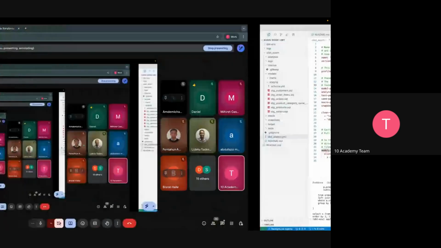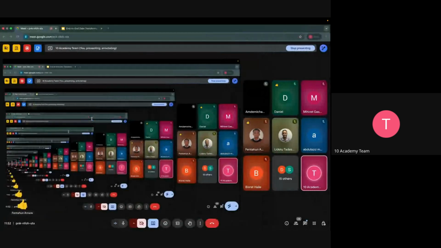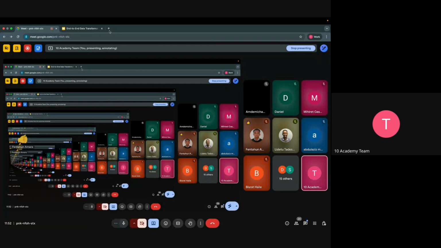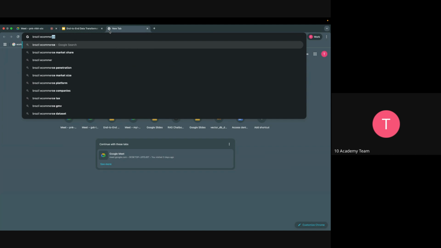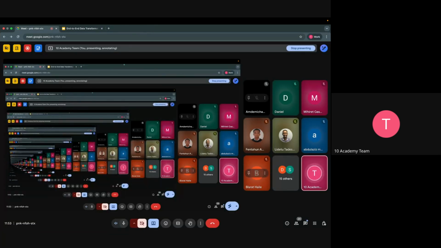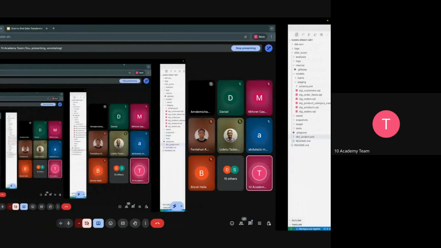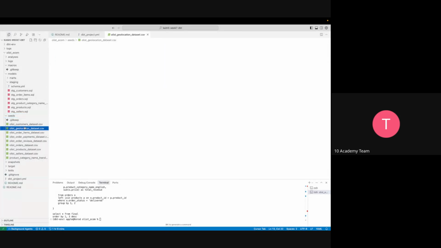Okay, good. So for the demo, I have chosen to go with the Brazil e-commerce dataset. I will share the link. But it's basically the Brazil e-commerce dataset of Olist. The company is called Olist, so you can find it on Kaggle. That's my source. So here, what I actually did was I downloaded them and put them in the seeds